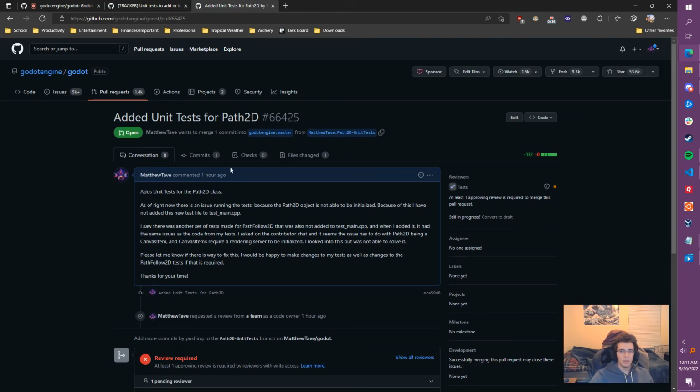In hindsight, I wish that I had dived a bit deeper into the code and understood the code base a bit more before I started making changes and actually writing the tests, because then I could have understood that initializing a Path2D object would be more of an issue before actually writing the tests. I think that would have helped me a lot. And in the future, I think that I'm going to try to understand the code base more before making any changes. Overall, though, I think this was a great experience and a great first contribution to open source software for me.